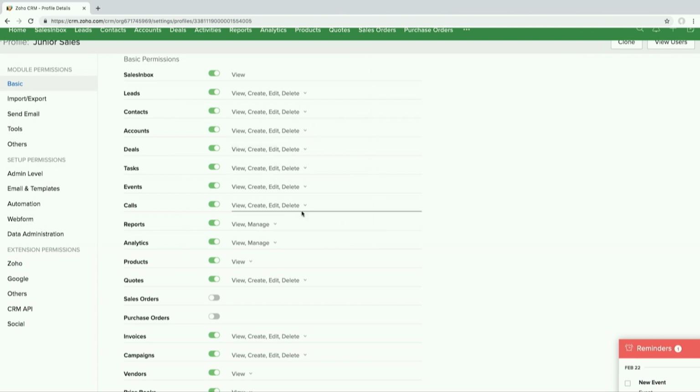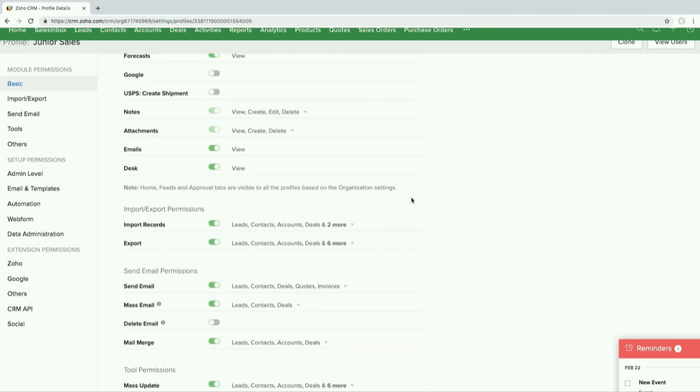If you look at the reports module, we also have a couple of special options with reports and analytics. So you can enable or disable their ability to view, manage, or schedule reports and analytics. And so this can be nice if you don't want your users to be making specific reports or anything. You can just go ahead and disable their ability to manage those, but they can still view the existing reports that are in the system. And if we scroll on down,